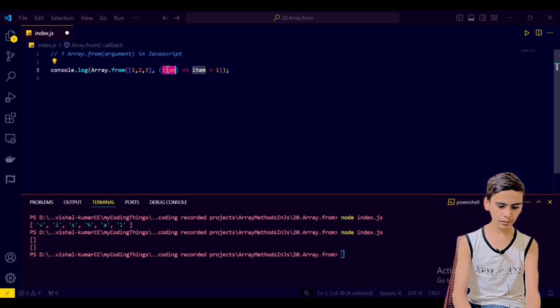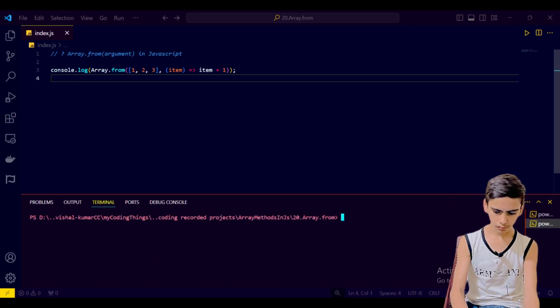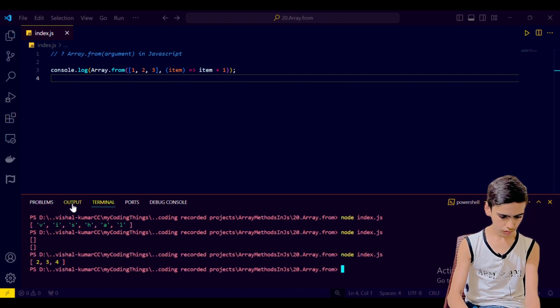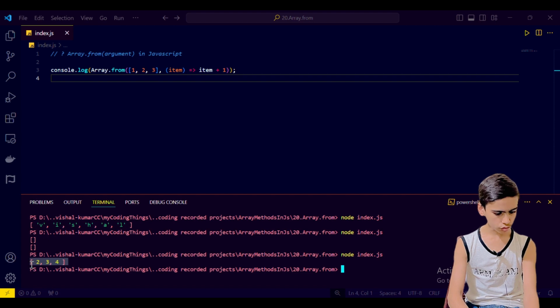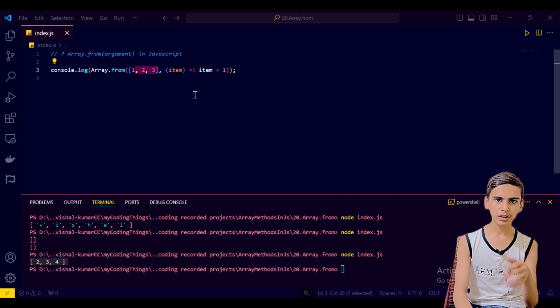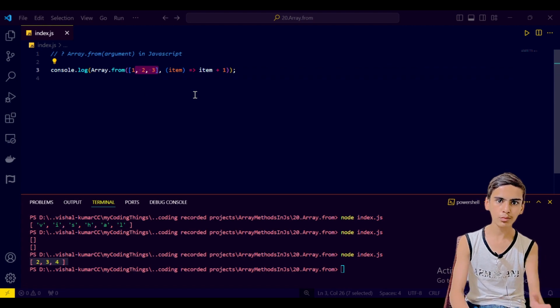Now the item has the values 1, 2, 3, one by one. So if I just log it here, you can see 2, 3 and 4. All elements of this array have been incremented by 1.